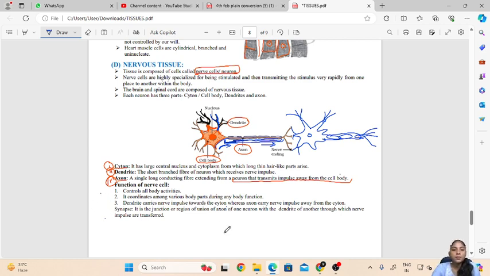Then synapse. So a synapse is a junction or region of union of axon of one neuron with the dendrite of another, through which nerve impulse is transferred. Now it is the region. Now this region,